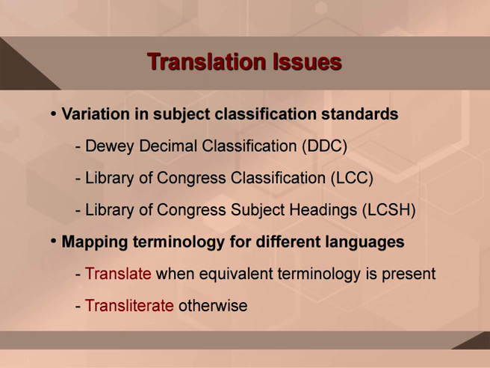There will be several issues that will come up in translation, which the digital library has to address. For example, the subject classification, when the subject classification is standardized through multiple different standards. So, the content that you get may be classified according to one standard, and your digital library may be following a different standard and so on. So, mapping terminology may be different. So, there are separate different translation issues which will also need to be addressed.